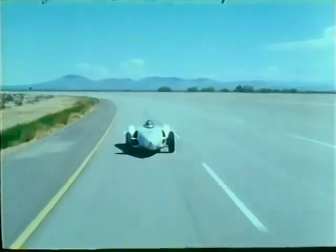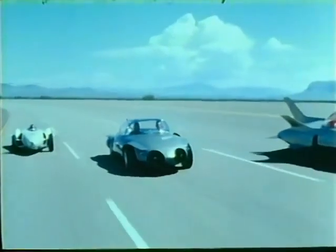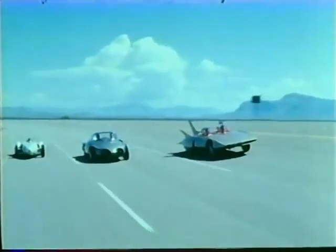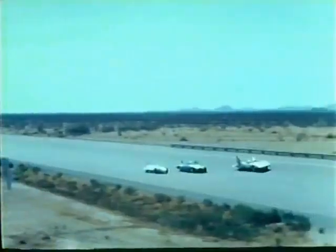Firebird 1. Firebird 2. Firebird 3. Experimental cars, conceived and built to acquire the knowledge and skill General Motors needs